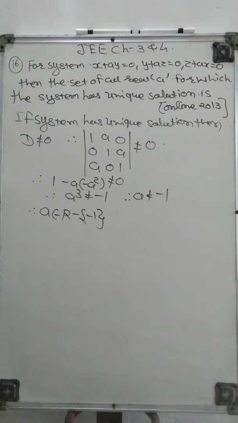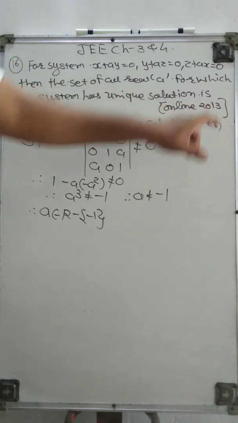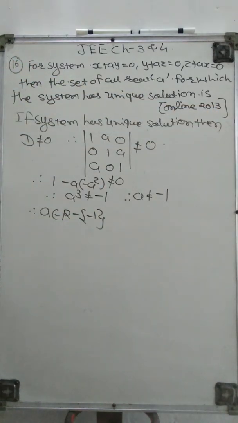Now we go for the next one. This is also asked in online 2013. Perhaps you are surprised that three sums, how is it possible? Sometimes they are asked in different batches, because in the online exam there are different batches and different sums, so maybe it is possible. Now we go for the next one, 17.